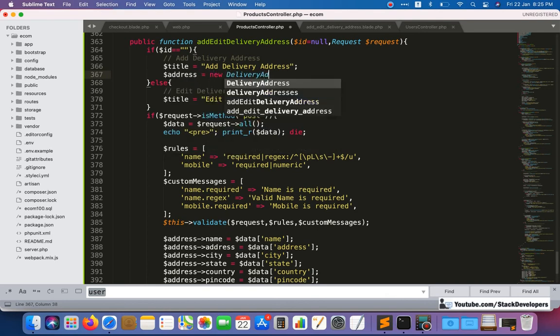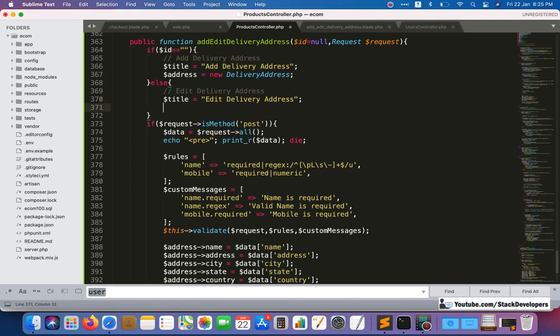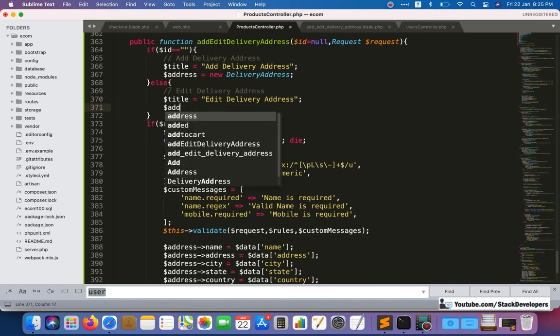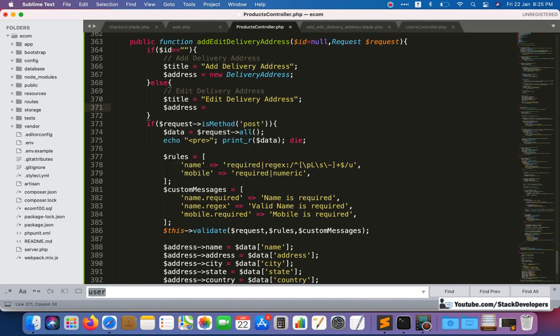In this case we are going to add the new delivery address. Okay, so here we are going to find, and address equal to, if the id is coming, then we are going to pick that id and we'll update that. Okay, so that thing we will do in case of edit.